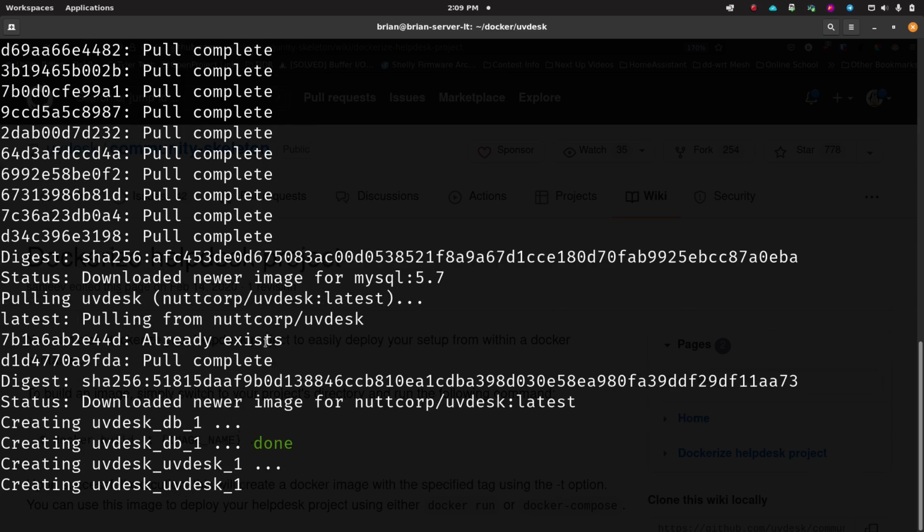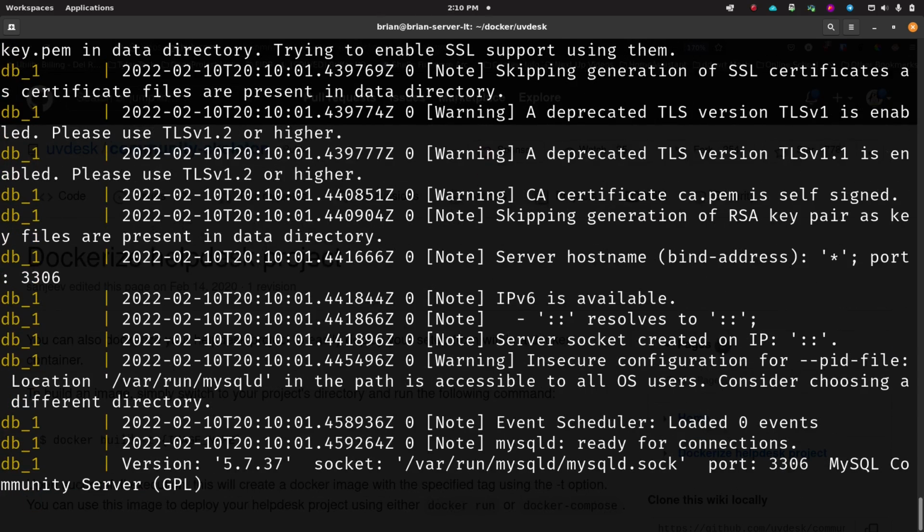There we go, not too much. So just a couple of images there. It says it's coming up and it's done, so we're just going to do docker-compose logs -f, like this. That's going to throw us into the docker compose logs. We can kind of watch what's happening here and see if everything looks like it's going to come up and